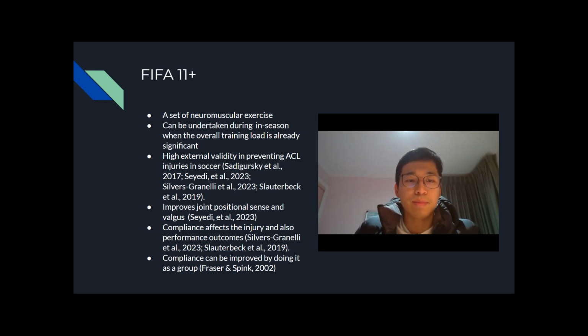The FIFA 11 Plus is particularly beneficial due to its simplicity and high specificity, where numerous studies have demonstrated the high external validity of the FIFA 11 Plus program among soccer players. And research has shown that completing the FIFA 11 Plus warm-up routine before movement analysis significantly improved knee valgus joint position in both female and adolescent male soccer players. These improvements correlate with epidemiological findings, which reveal that teams using the FIFA 11 Plus program experience a 30% reduction